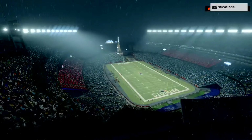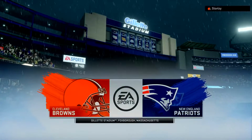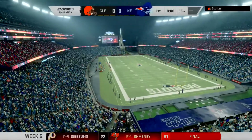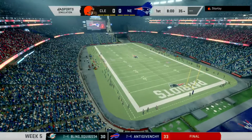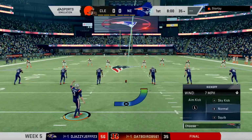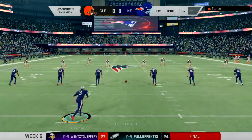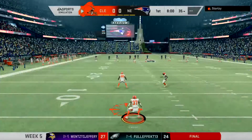Coach, I've got to tell you, we envy you right now in that nice dry studio as we are at soggy and windy Gillette Stadium here in Foxborough, Mass. The scene a few moments ago, here it is. It's unlike any other in sport as both teams made their way out of the tunnel. These folks are fired up as their guys are ready to do battle between the Cleveland Browns and the New England Patriots. Seems like we were just starting training camp, but here we are in October, and off we go